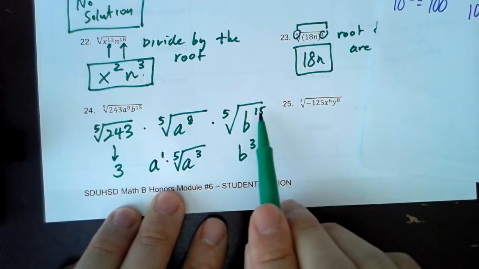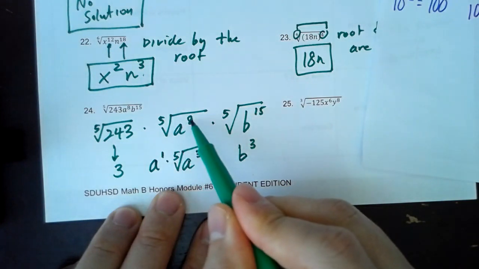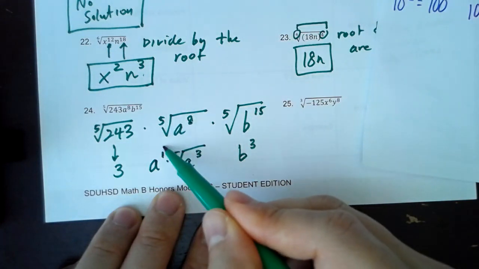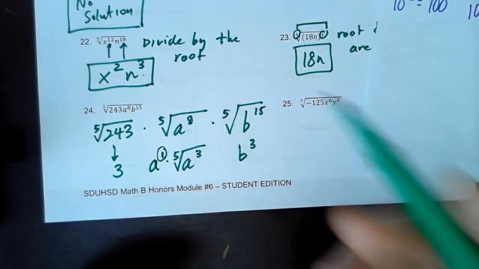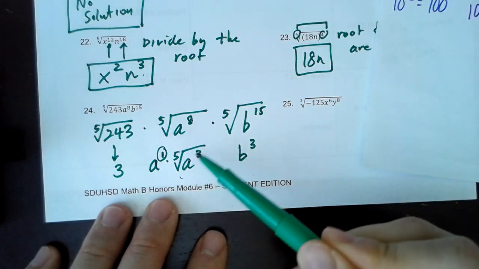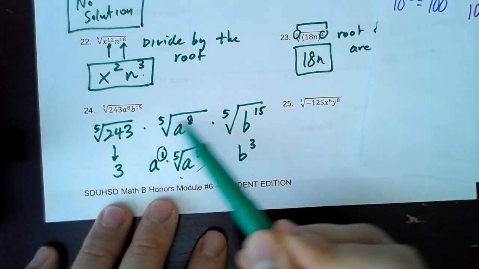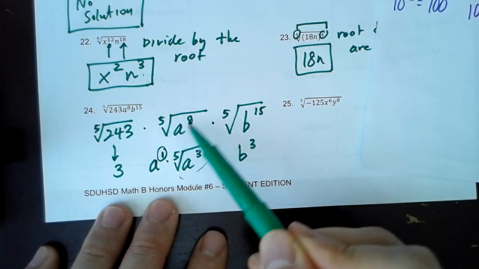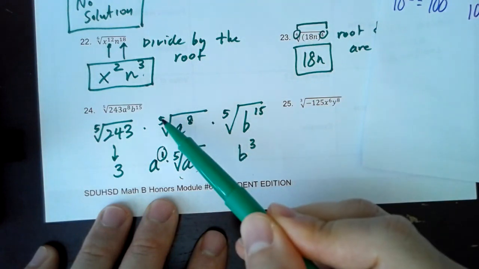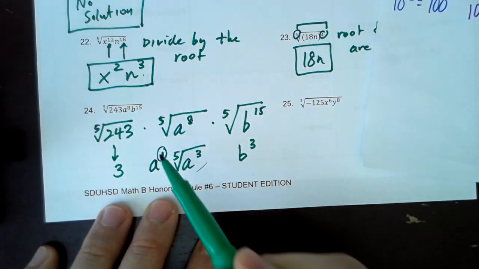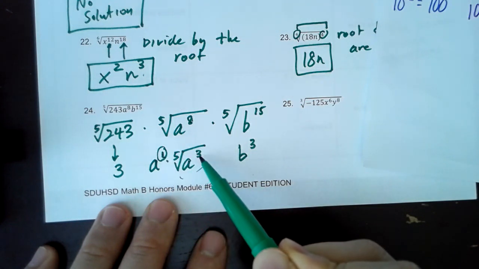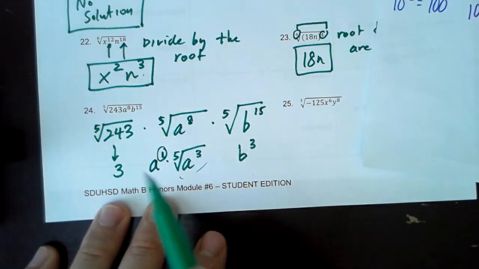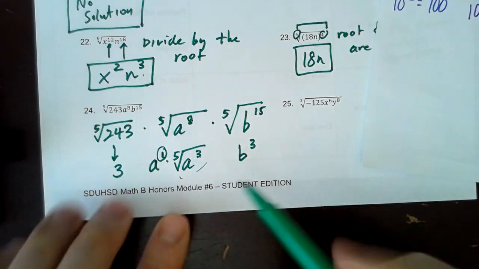Here, we made 3 groups of 5 to make 15 people, right? Here, with 8 people, we can only make one group cleanly, and there will be 3 people that are kind of stuck. That's how you should think about it when you're finding the roots of a variable with a power. How many times does 5 go into 8? Well, 5 goes into 8 one time, and there's 3 remaining. So you have to write that under the root. And then you have to combine all these things, and you get